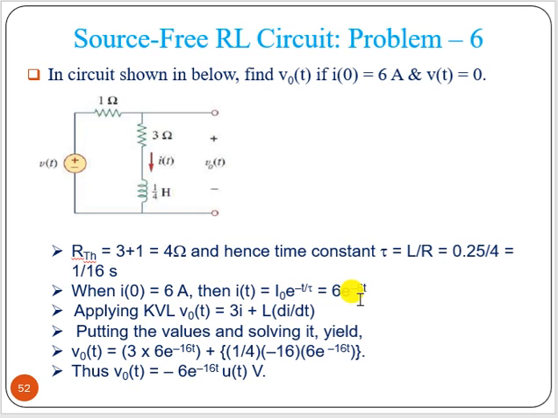We got it. Okay. Now if we apply KVL, v0(t) equal to what? Here, v0(t), that is this value, is nothing but 3i, the voltage drop across this, plus L di/dt, right? Now if we put it and solve, then v0(t) is 3 into i, what you got here, plus L di/dt. If you differentiate this i, we get this expression after doing the summation. Okay,